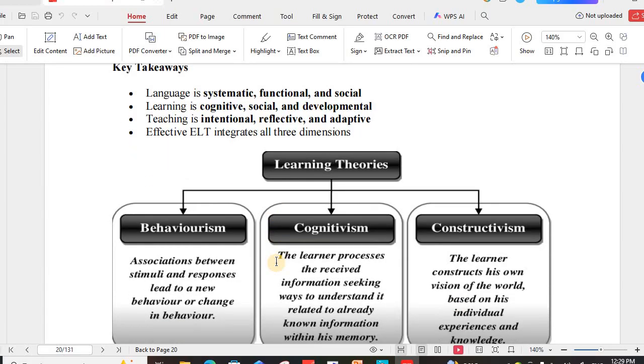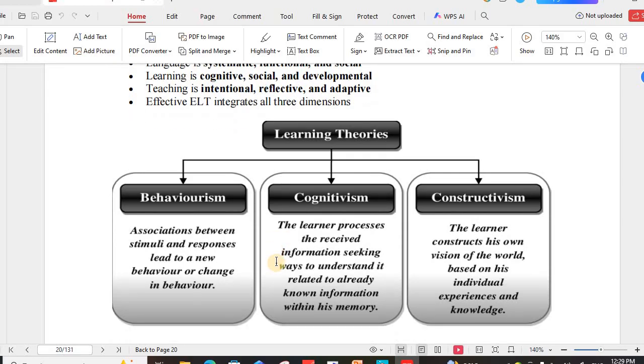Learning theories: we have behaviorism, cognitivism, and constructivism. These are the three theories. You need to go through all of them, and then find the similarities and differences between all of them. You need to get much knowledge about them. You need to have a very strong background about them as a teacher, so that you can find out how you can make use of all these learning theories in order to help in the whole learning process.